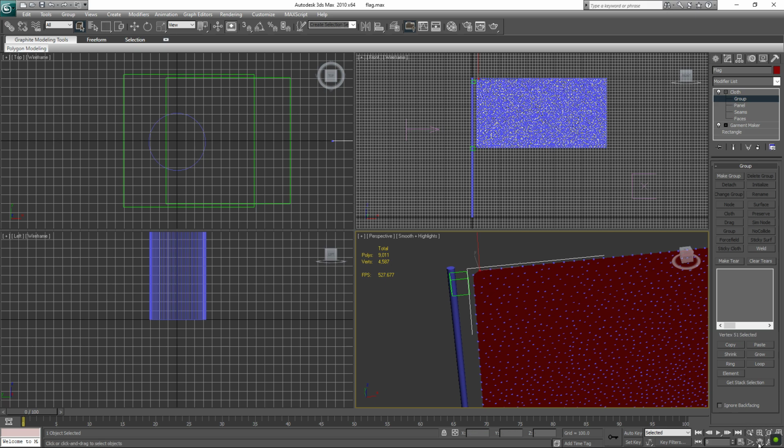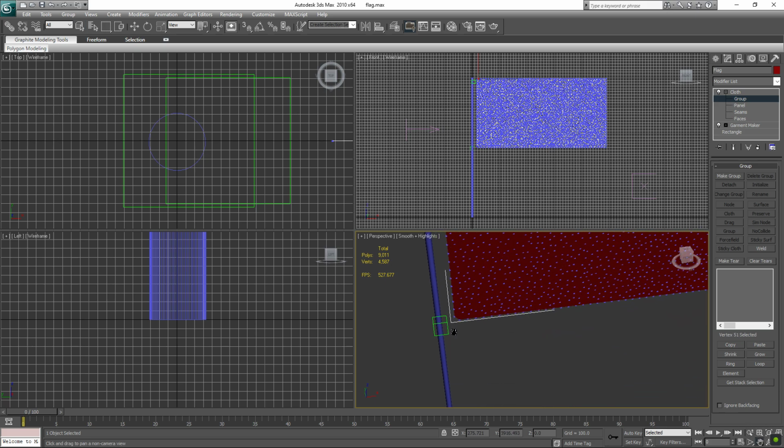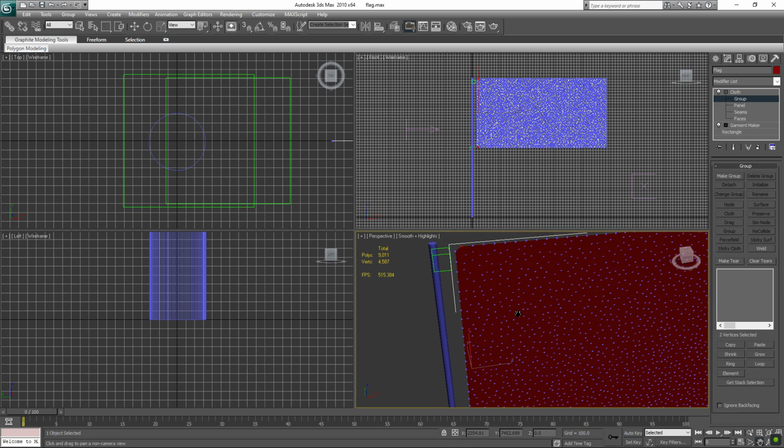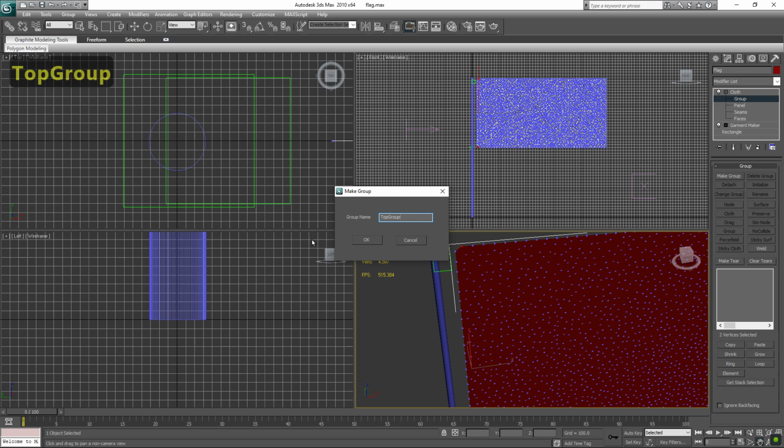Okay, next you want to select this dot right here, like that. So those 2 dots. Okay, next you want to click make group, and you want to say top group, click OK,